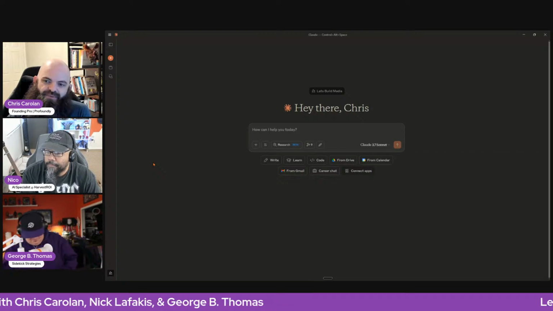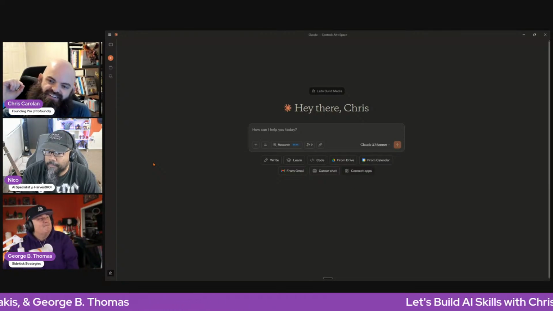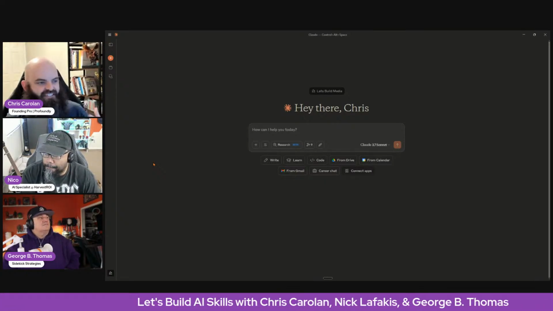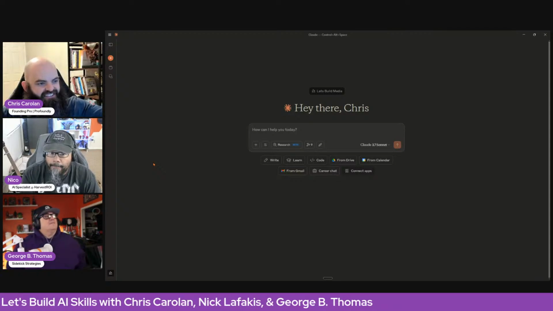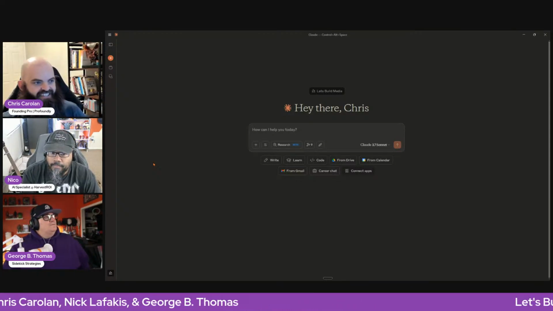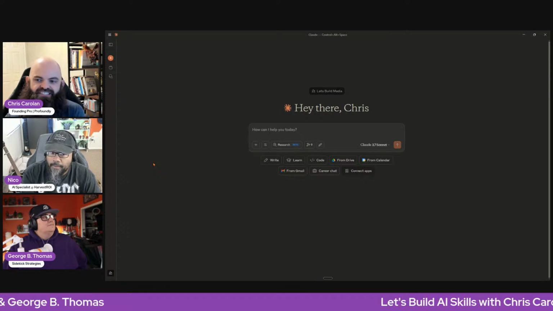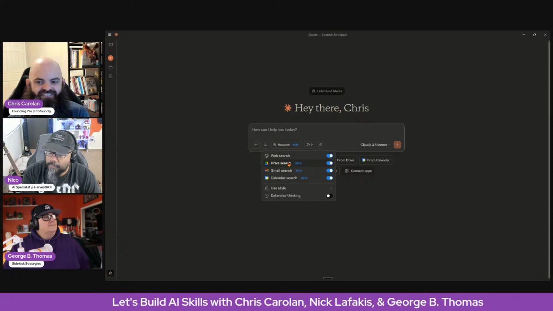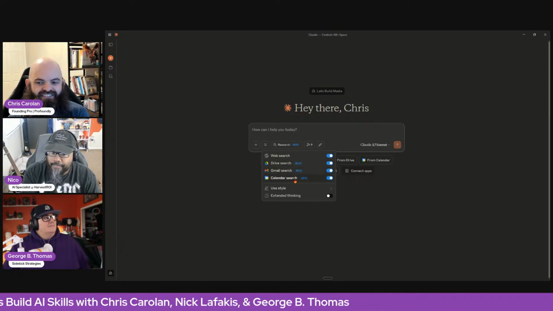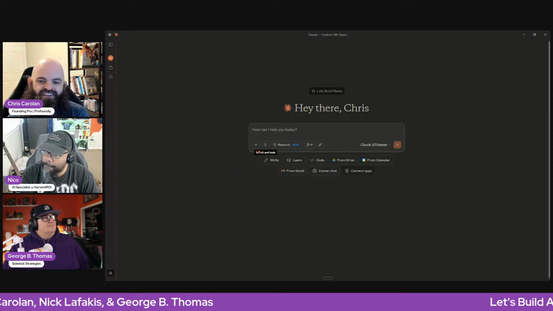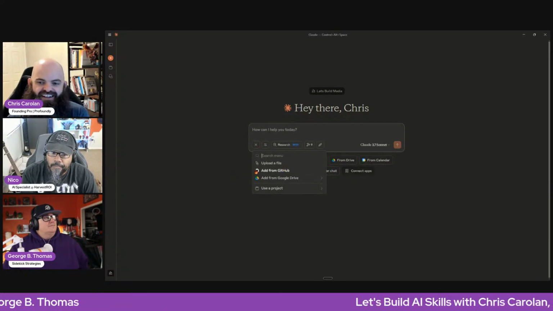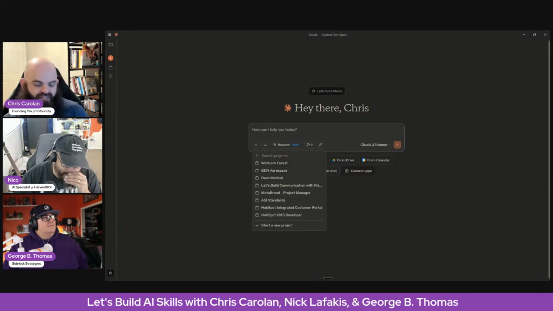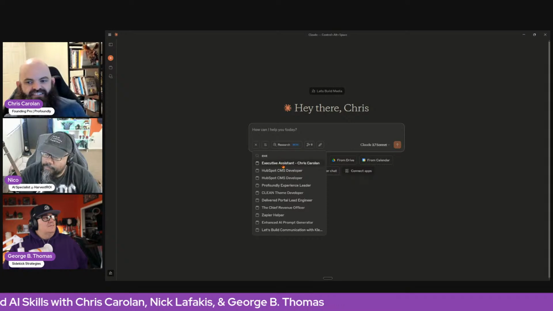For me, I like to get stuff done in Claude because it's always in context, right? As soon as I have to go out somewhere else, it's less possible for it to help me. So fast forward to this week, it is integrated with Drive search, Gmail search, and calendar search. Here's what that can look like. So use a project. Let's see here, search projects, executive assistant.